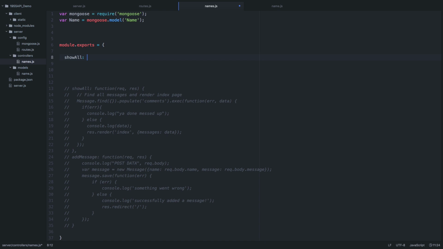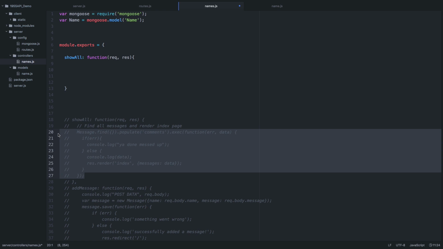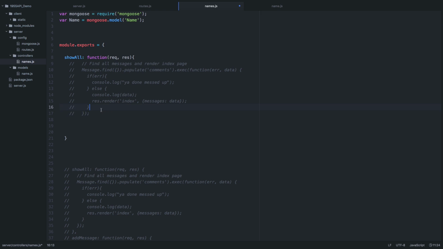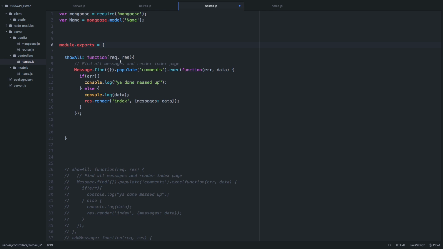ShowAll, you are going to be a function that takes in a request and a response, and you are going to render some JSON, right? So instead of doing here, we can copy this. We're just going to put it in here. We're going to uncomment this stuff, and we're going to change it. Find all messages and render index page. We're going to find all names and render nothing. We're going to return, respond